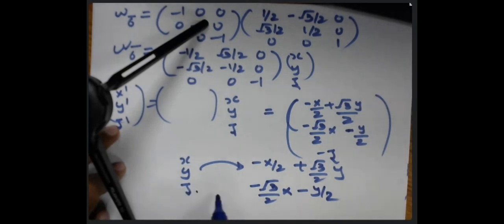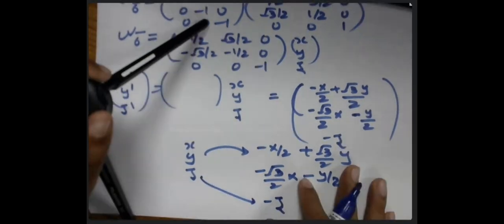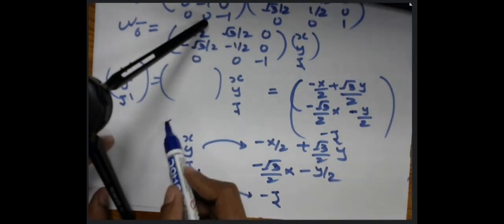Okay, so this was x, this is y, and z has transformed to the minus of z. This is happening due to the inversion itself, z to the minus of z. And this is how we have